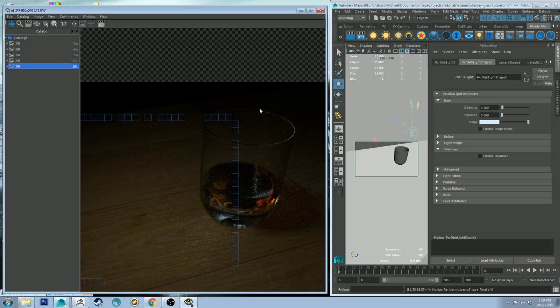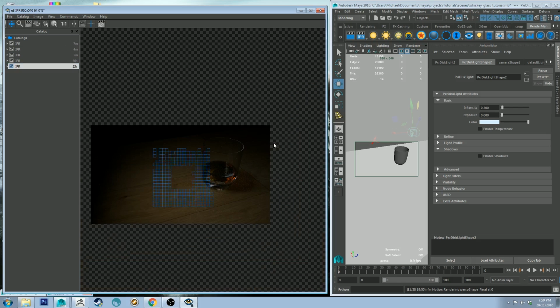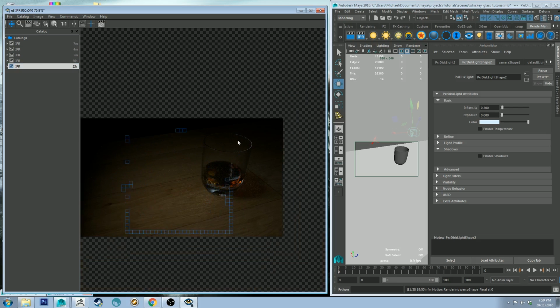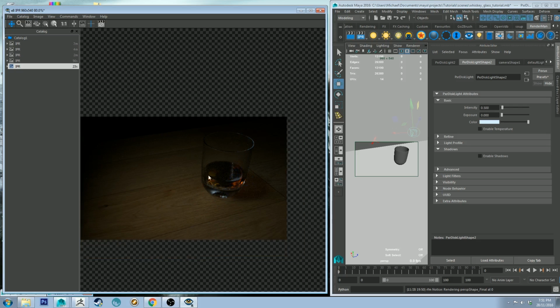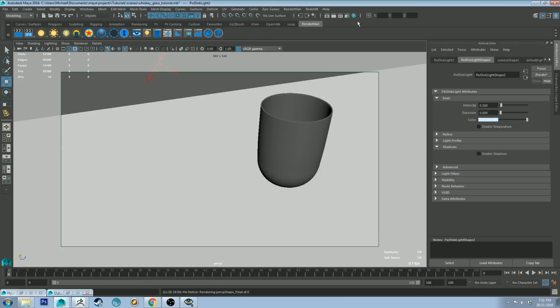Alright, so the light's not quite perfect. The intensity is good though. However, we're not getting that full rim effect, and I think that's just the relative position of the camera overall. But we are getting a good look at the whiskey in the glass. We're getting some of that light transmitted through. And another thing I'd point out now is that I have got,